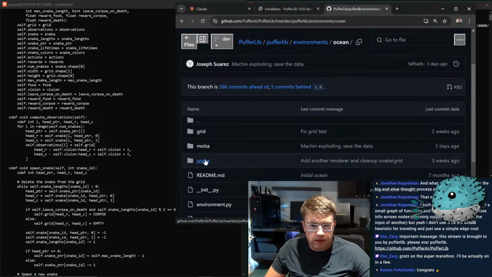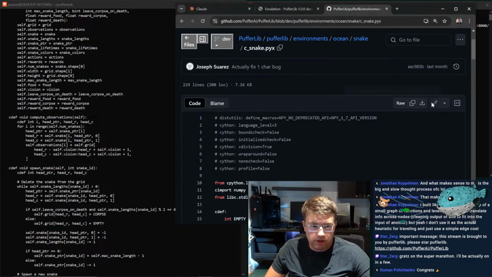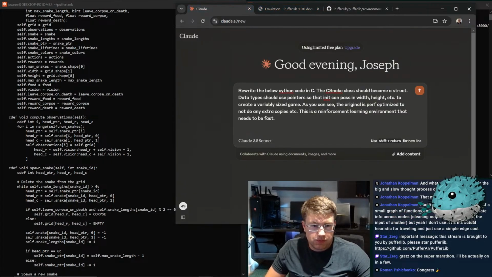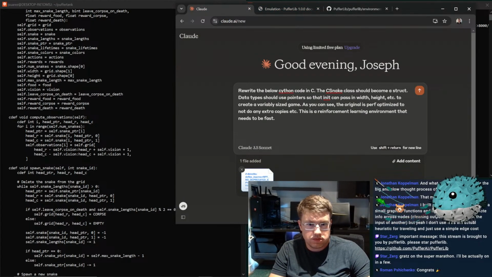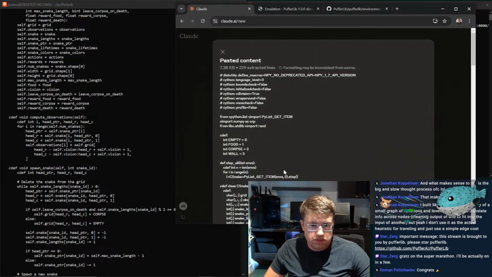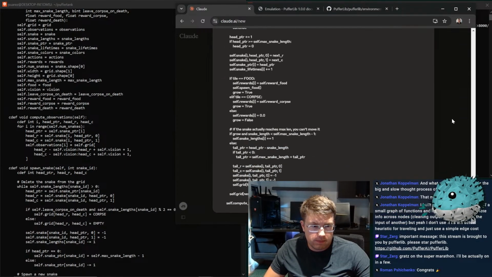And as much as I hate language models for pretty much everything, translating code from one language to another is a very good use case. Yeah, here it is.